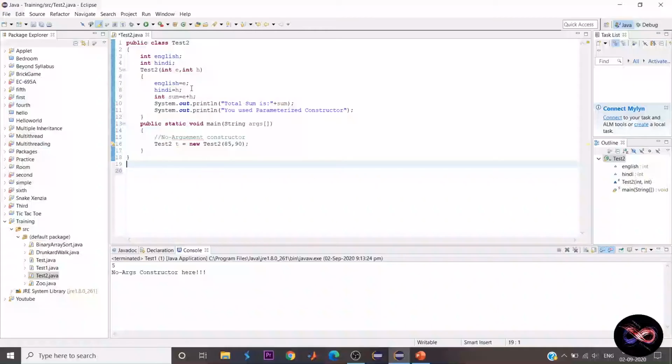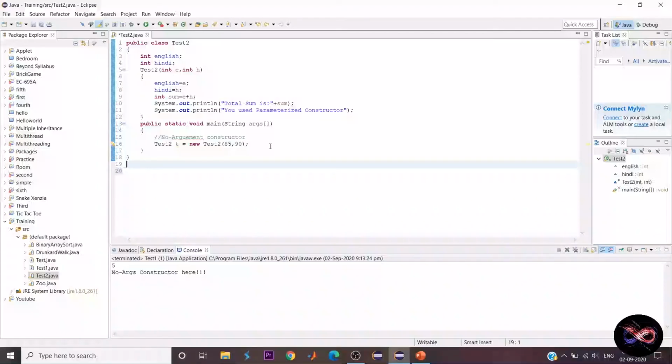So we need to store the values of e and h in English and Hindi. I have stored the value of e in English and h in Hindi, and then I calculated the sum and then printed the total sum and a string that we have used the parameterized constructor. So this was all about the parameterized constructor part.